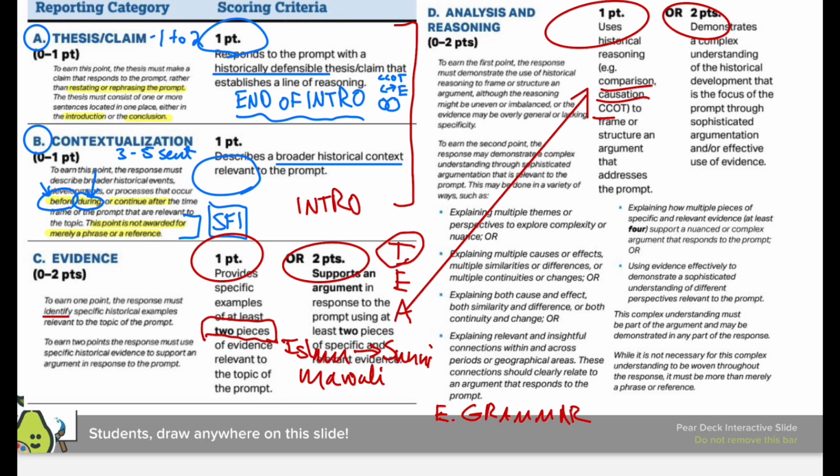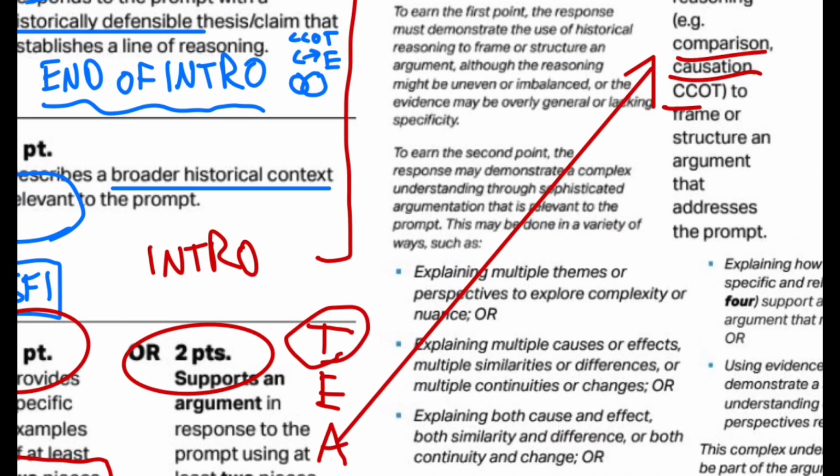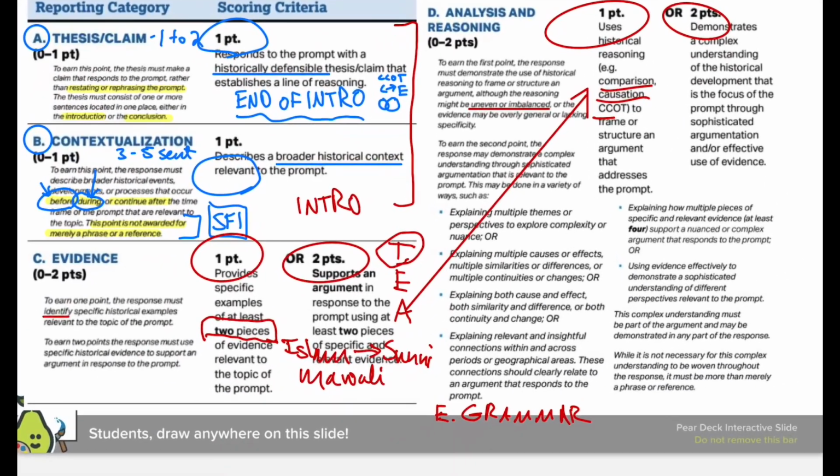Even if I don't go into the differences, if I just do similarities, it could be unbalanced or uneven, like I'm only covering similarities and not covering differences, but that's still enough to get that first point. That second point is the complexity point,